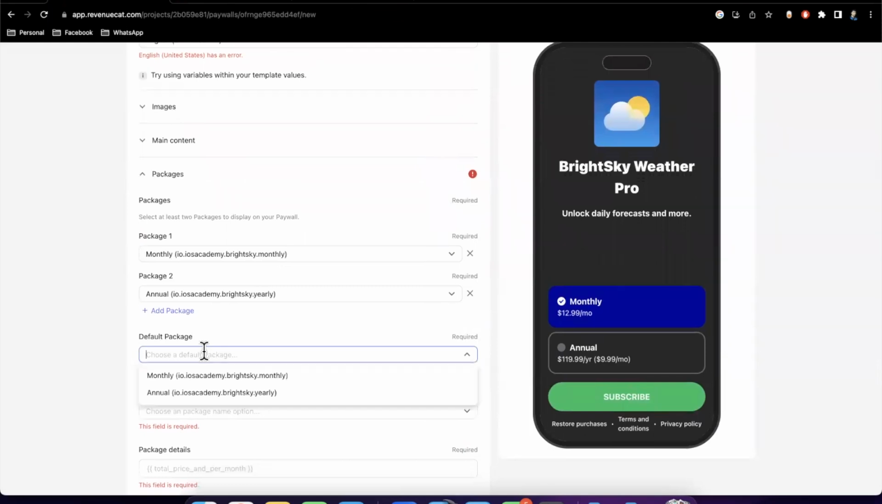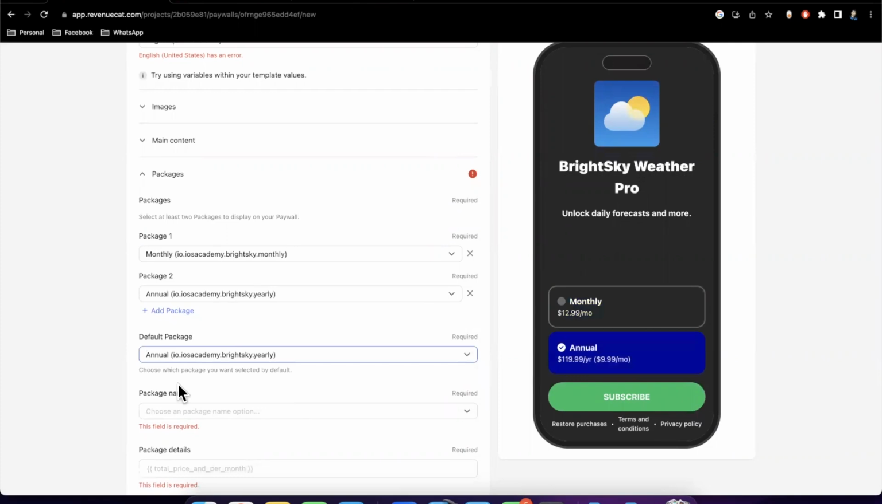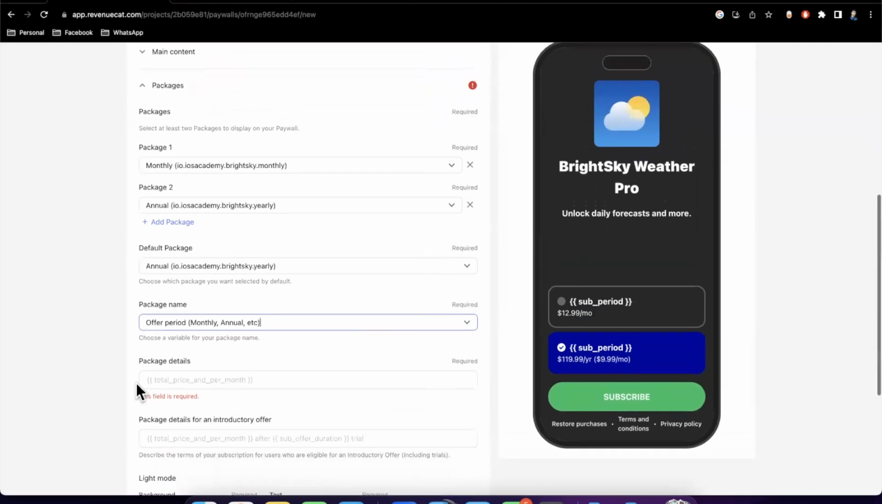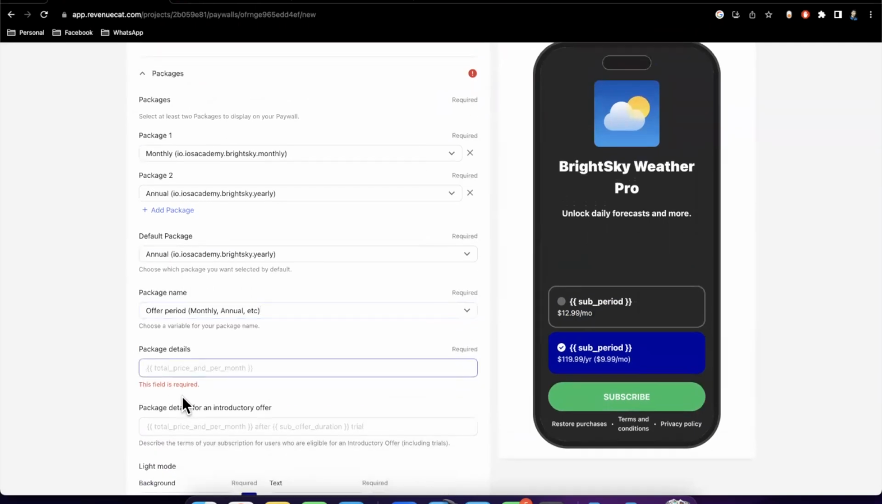So we have a default package. We're going to default the user to the yearly plan. We're going to say that's a better package. And here we're going to use the offer period. Okay, that makes sense. Package details. Okay, it's saying this is required. So let's change this to